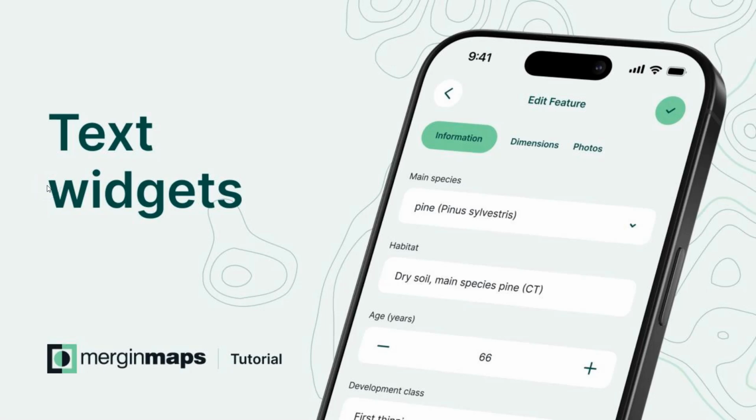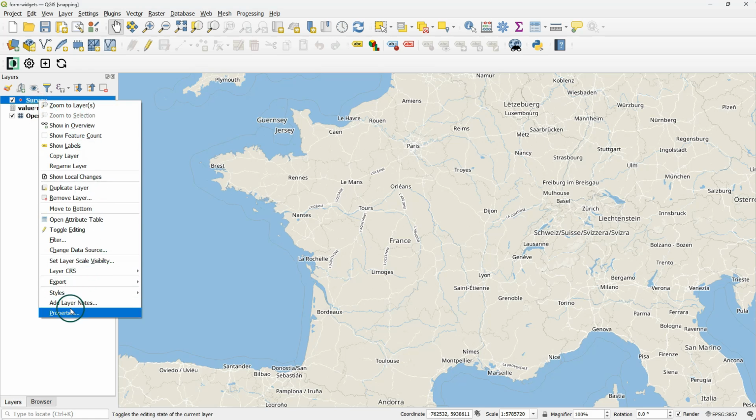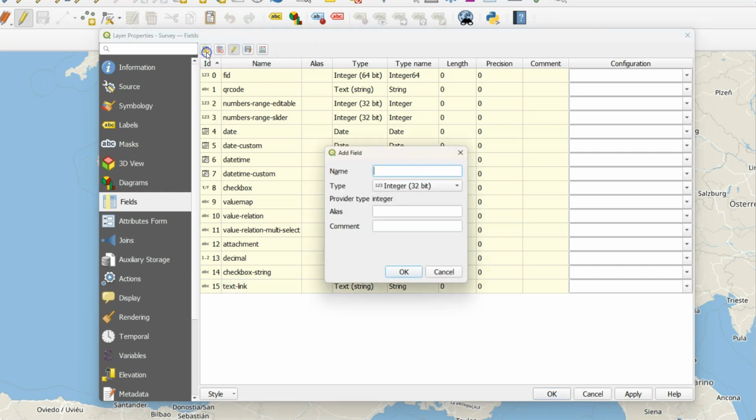In this video, you will learn more about the Text Edit widget. To configure the widget, let's go to the layer properties of our survey layer. Make sure you're in the Fields tab, because the first thing that we're going to do is to add two